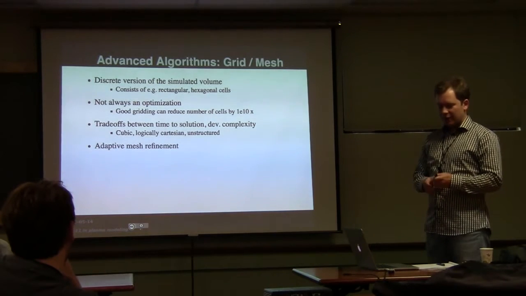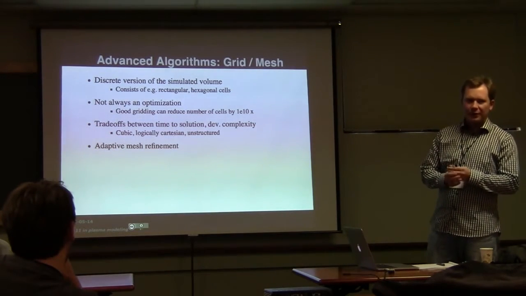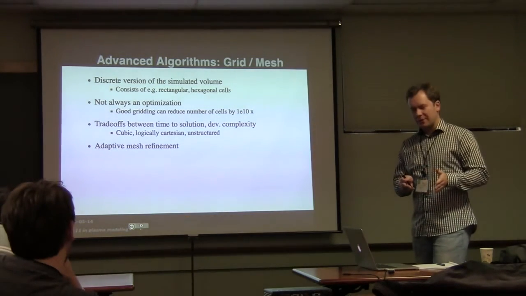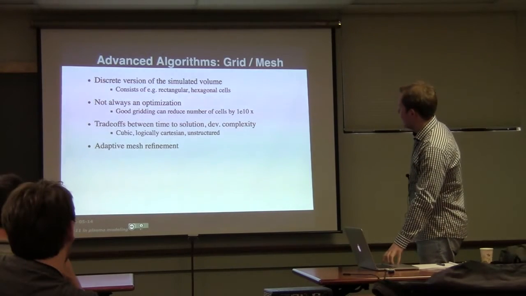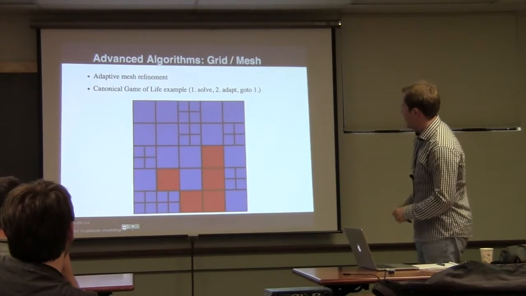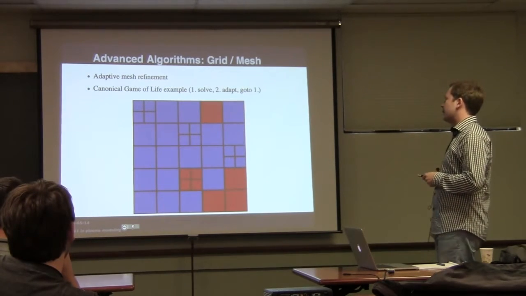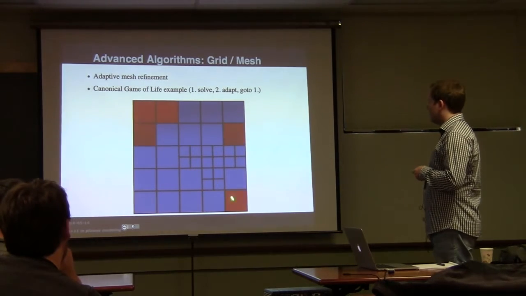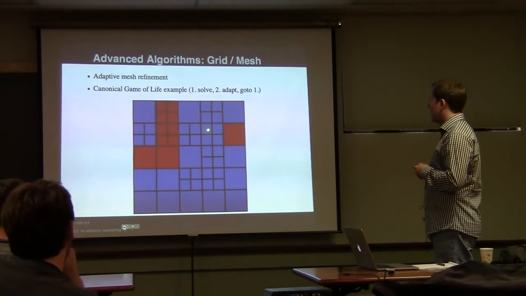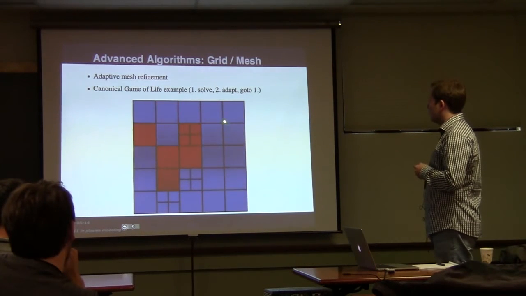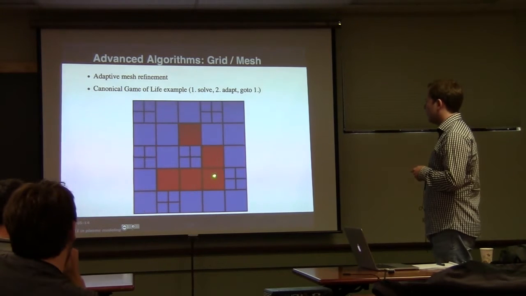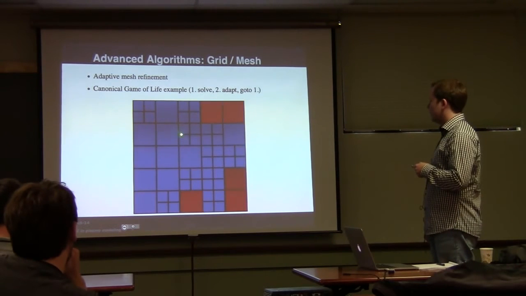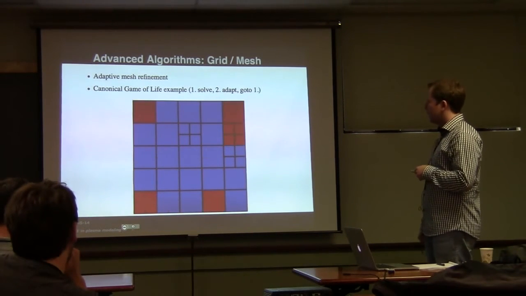So basically you change the structure of the grid while the simulation is going on. So then you can, for example, put more resolution in interesting places depending on how the system is evolving. And so basically it looks like this. Well, I'll use the canonical game of life here. So here you see the glider gliding on the diagonal, and then in this case the cells are refined or coarsened randomly. So in some cases you see that in 2 dimensions it's 4 smaller cells, and then they disappear, and then there is one big one instead.